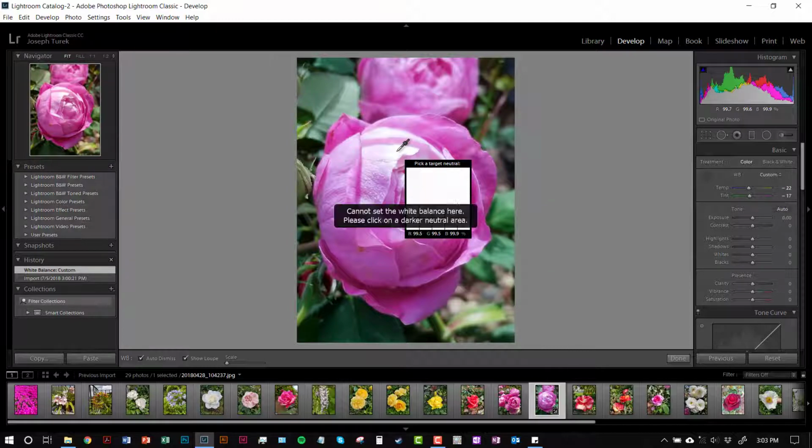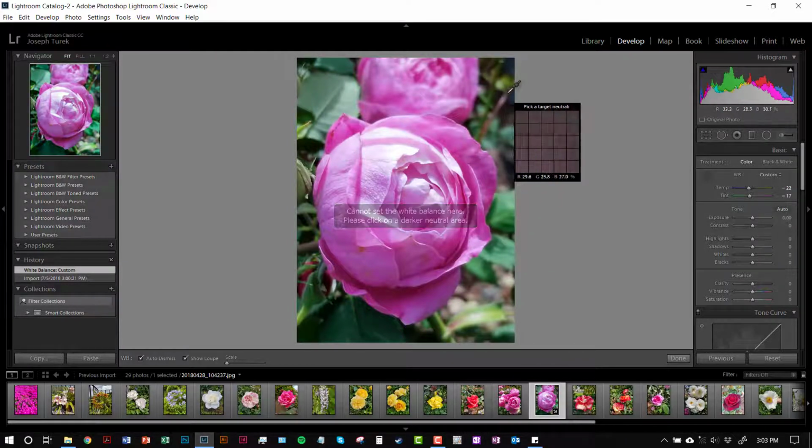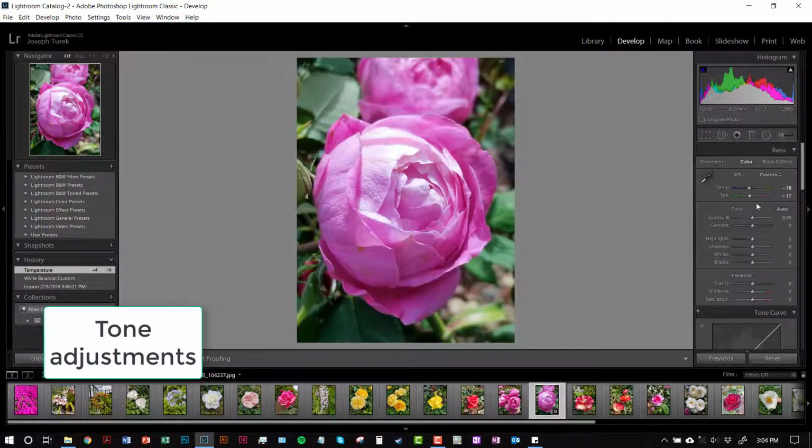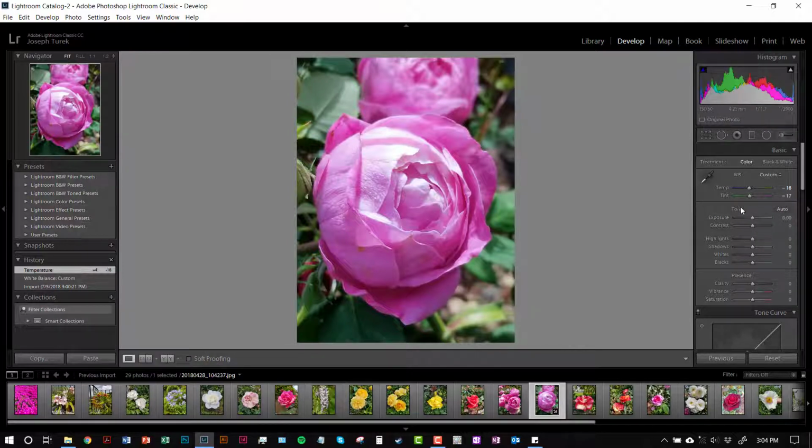If I click on my rose here, didn't work. Need a darker neutral area. Let's try down here. That's a little bit better. Okay. That adjusted my white balance for the overall image. Okay. If you don't think you need to adjust your white balance, that's fine. You can adjust your basic tone